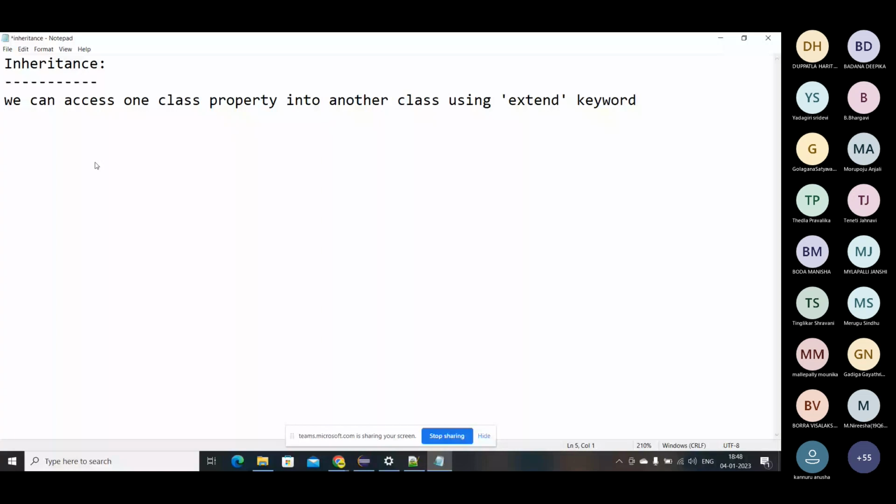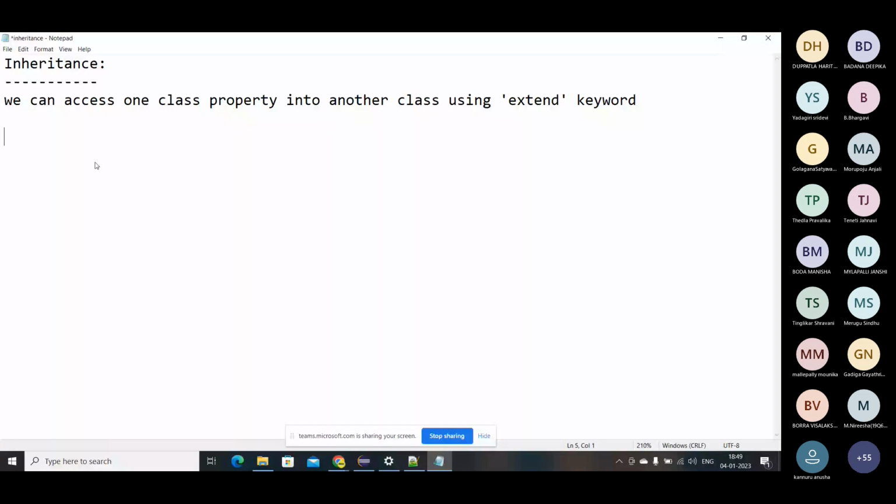Previously we know how to create a class, right? We use Pascal notation to create a class. If I have two, three or four classes, however many classes I may have, how can I combine them? Using the extends keyword, you combine them.